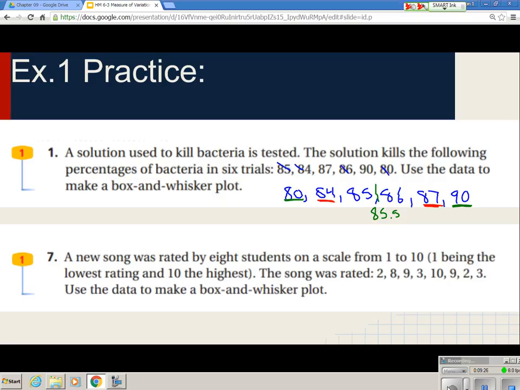Once we got that, now we have to just make our box and whisker plot. So we're going to start out by putting down a number line. And we'll start down here at 80. And go to 81, 82, 83, 84, 85, 86, 87, 88, 89, make it a little longer, 90. All right,